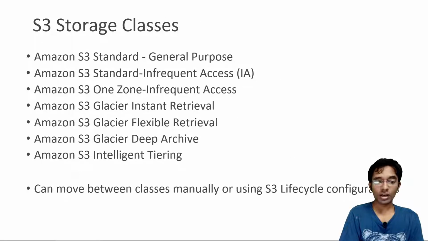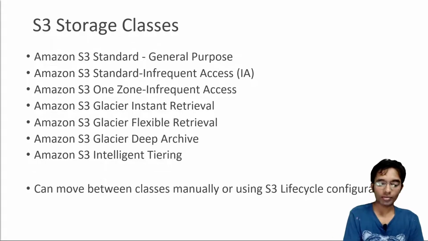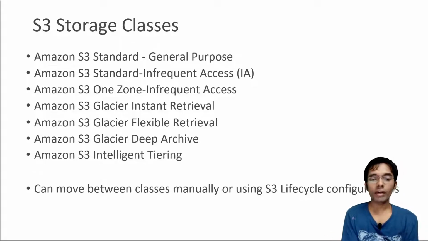Okay, now let's discuss the different storage classes we have in S3. Again, just as a little more introduction for the S3 storage classes, the first one is Amazon S3 Standard, general purpose. Then we have Amazon S3 Infrequent Access. Then we have Amazon S3 One Zone-Infrequent Access. Then we have Glacier Instant Retrieval, Glacier Flexible Retrieval. Then we have Glacier Deep Archive. And then finally the Amazon S3 Intelligent-Tiering. So we'll learn about all these classes in depth in this lecture, but you have to know them for the